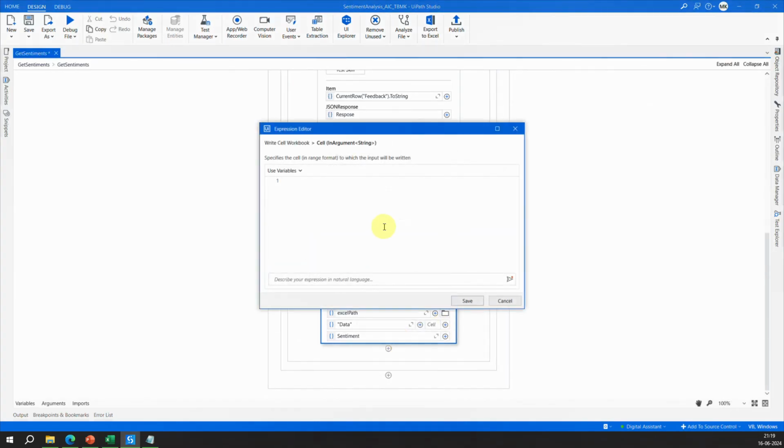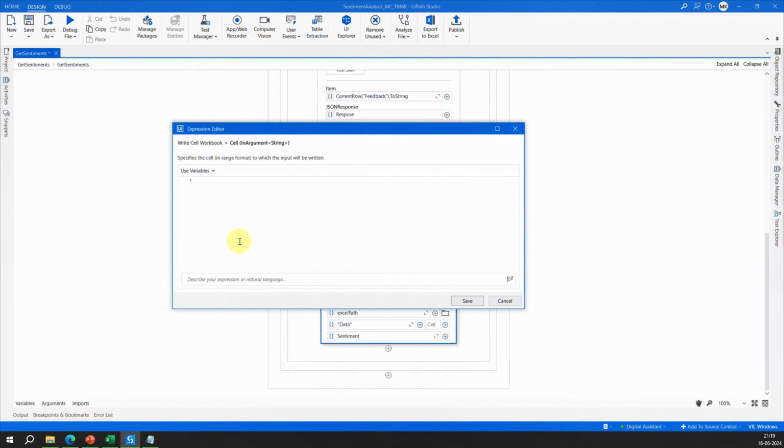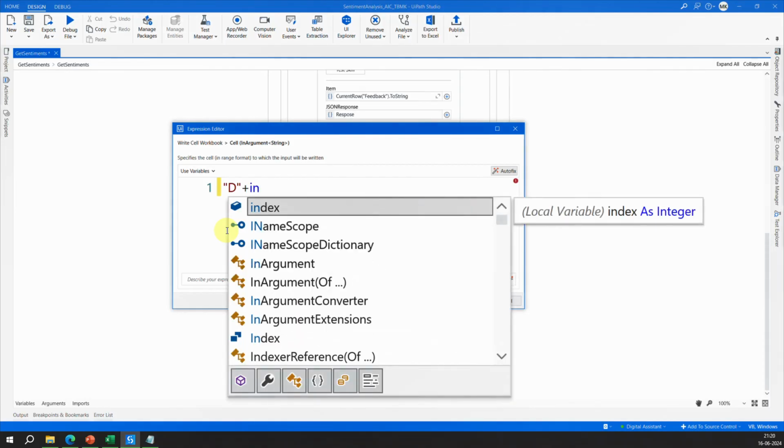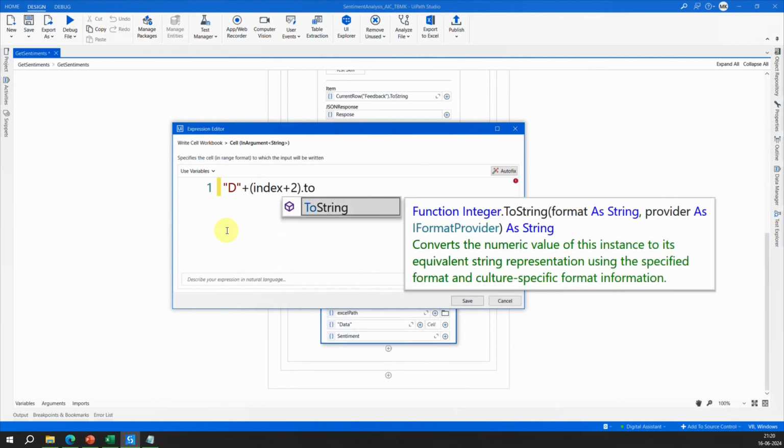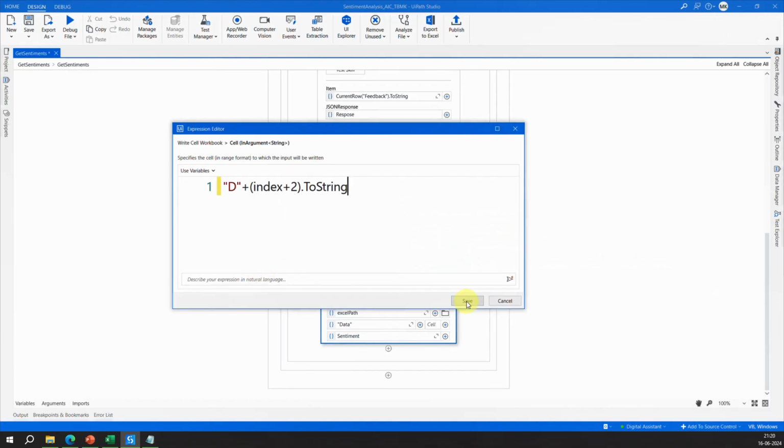So I'll go to the cell and I'll just open it in advanced editor, and here I will say that the D is constant, right? We have seen that we want to write in the column D, so the column D is constant, right? So now the first thing is I want to have it in the second, right, D2. So the index for the first record is 0, so 0 plus 2, right? So that way it will become D2 for the first record, right? Now when it come in the next loop, the index will become 1 and the next record will become D3, D4, D5, D7 and so on, right? So D3 is a string, so that's why I'm writing here dot to string, and I'll just click on this button,